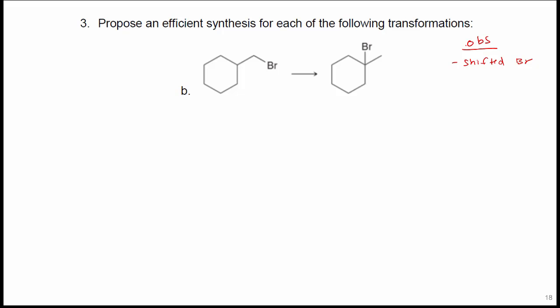All right, so we've shifted our bromine. So you can move in the forward direction if you know where you're going. If you're not sure, you can do the retrosynthesis and think about what reagents you know how to use to put this here. And we know that we can make a Br from an alkene. So I can make it from that alkene, which I can do from something with a leaving group at the end, which happens to be our starting material.